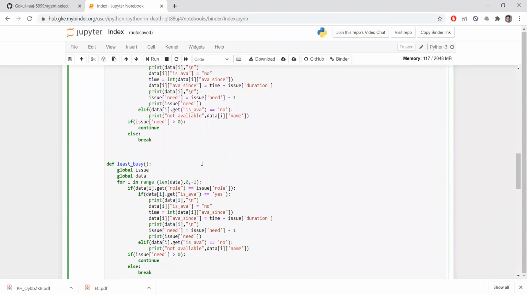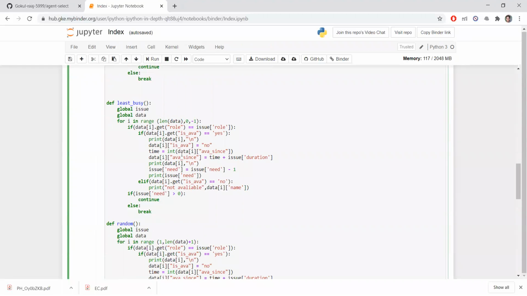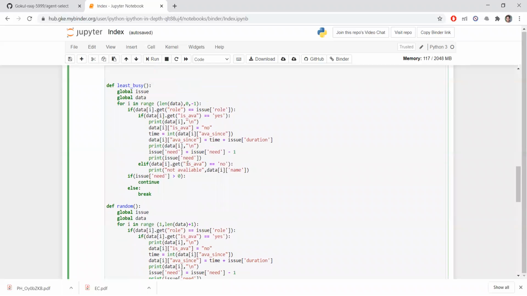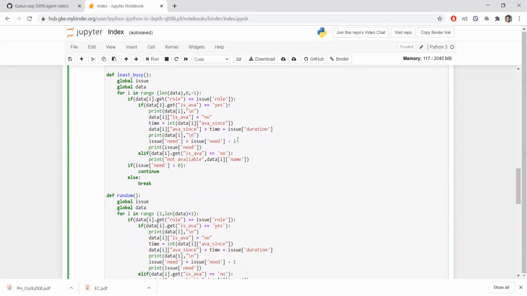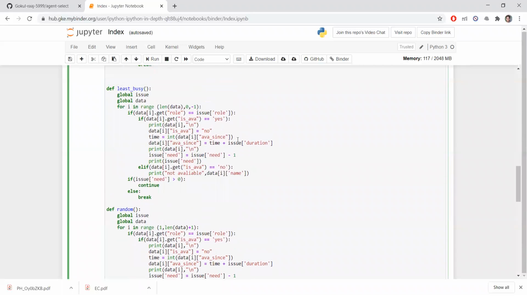all available. And if we come to least busy, okay, when it is available only for 4 employees and it comes to least busy, again it matches the same way. Now the only condition is that for least busy it checks from last, meaning the dictionary should run from the last.